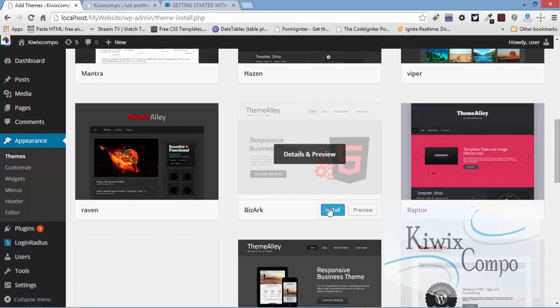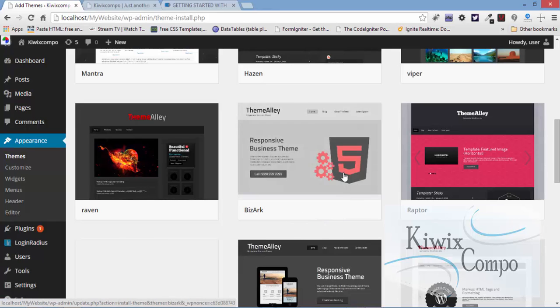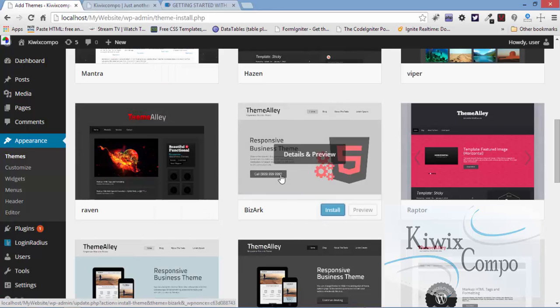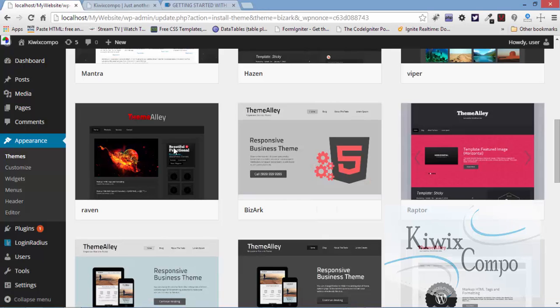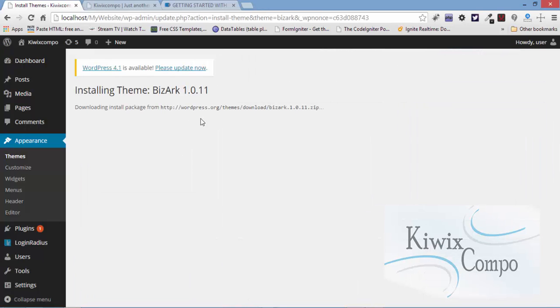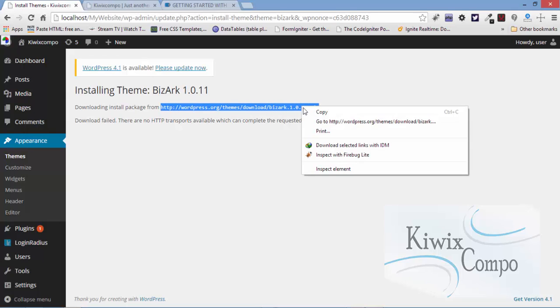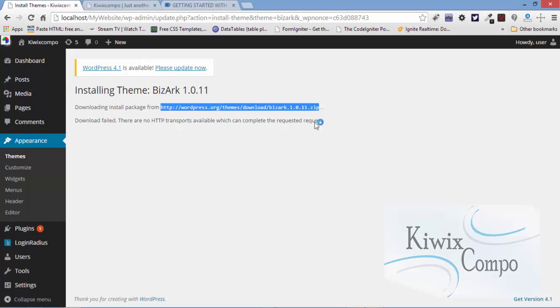Let's just go ahead and look for Beesarc. Now you might be wondering, hey, I tried installing Raptor and I got an error message. Why am I still trying to install this? Now each of these themes have their own web addresses. Like this right here is the link to get that Beesarc. So if I go to this address,